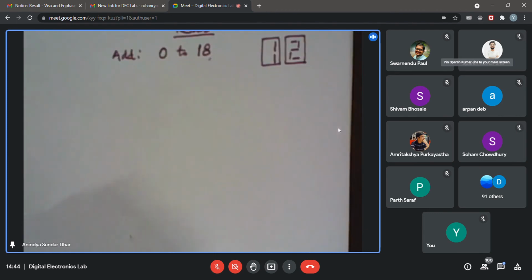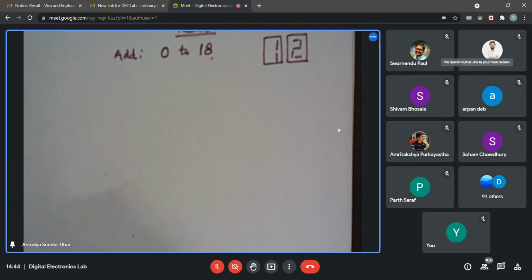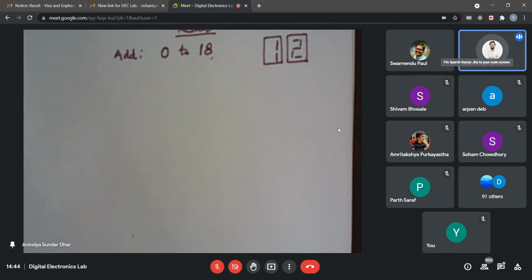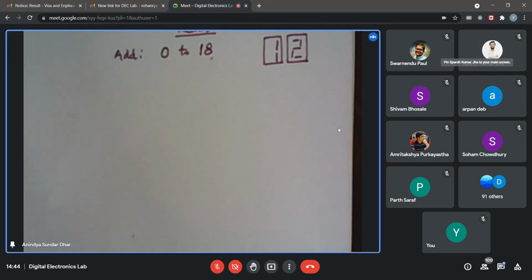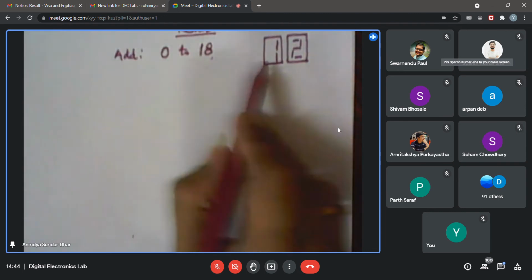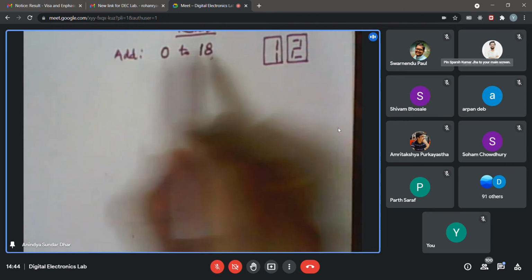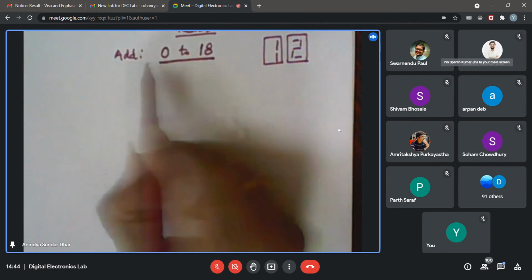So just to ensure, how to get the next digit? Conditional addition of 6 when it crosses 9. Conditional addition of 6 when it crosses 9. Fine. So you may test it for all possible combinations. Otherwise you may find that for certain combinations it might not work, if you fail to identify some additional logic needed or when that 6 needs to be added. So that is about the addition. Addition result should be 0 to 18, and all of it should be displayed. So you may check that.